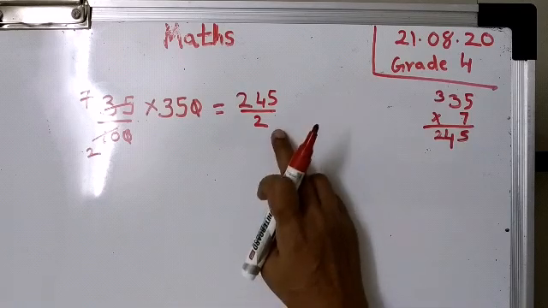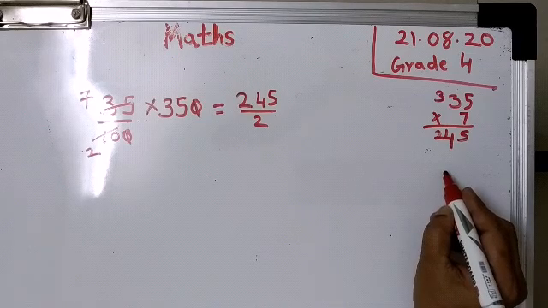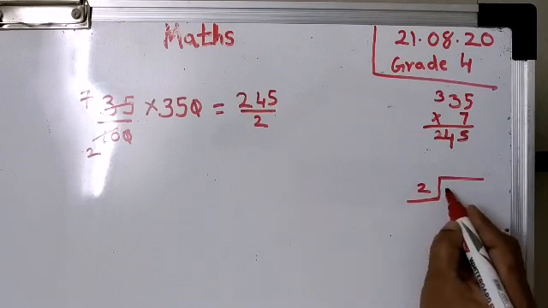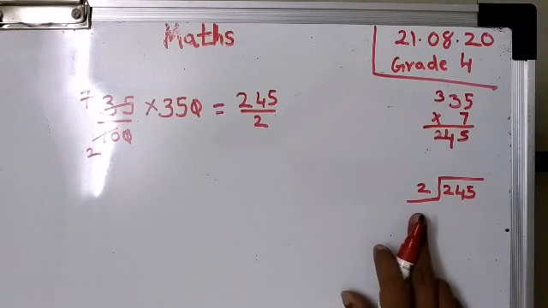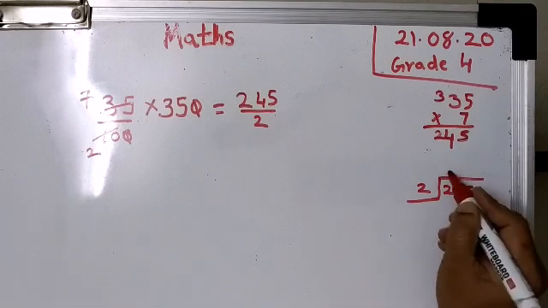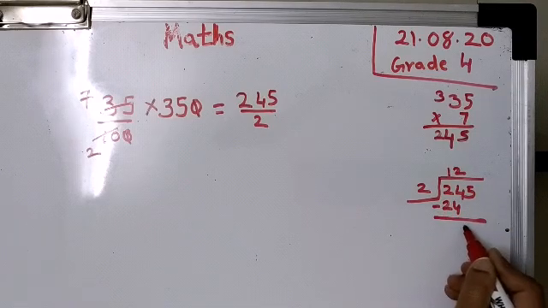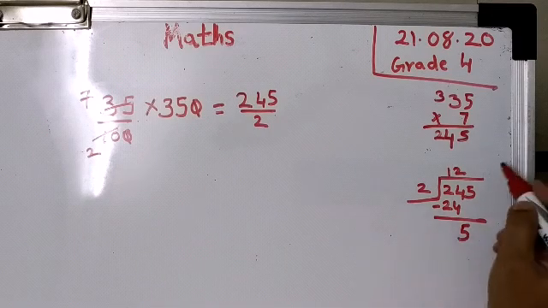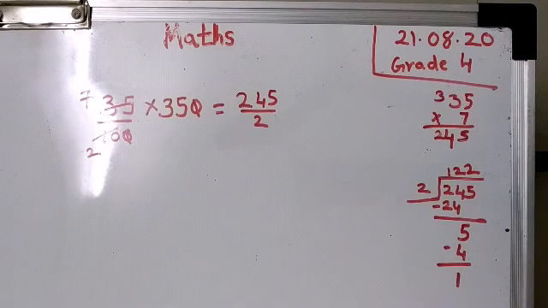Now children, pay attention. Now how would we divide this? Again we need to have a working column, right? So let's have this working column here, 2 and 245. Right? Now children, we know 2 12s are 24. All of us know our 2 times table, right? So let's take it directly. 24 and now we have 5 remaining. So we bring down this 5. Now 2 does not go into 5 but 2 2s are 4, right? So 1 less, that's 1 here.